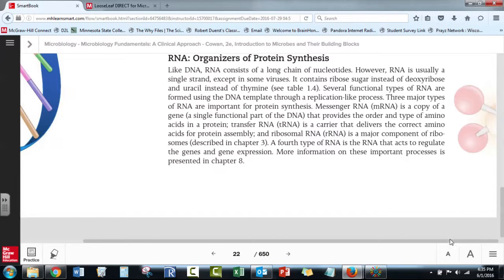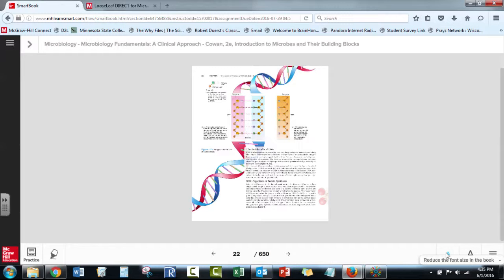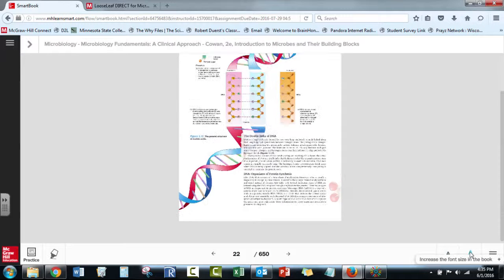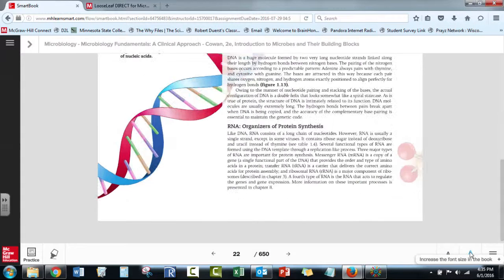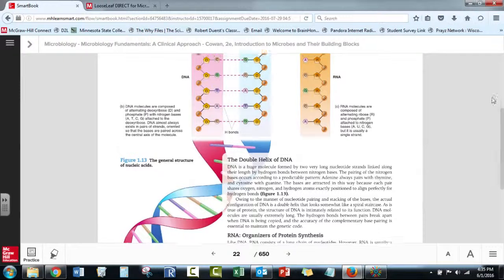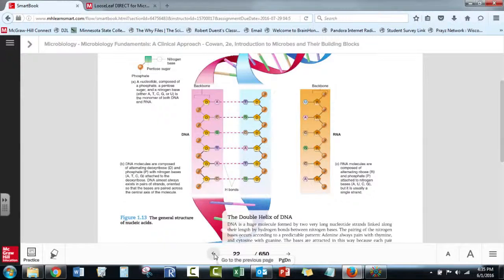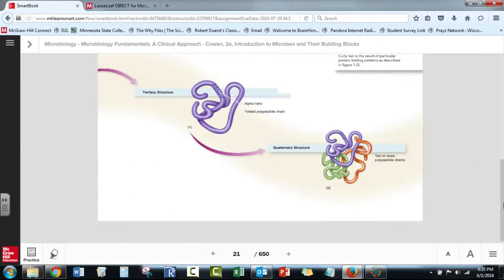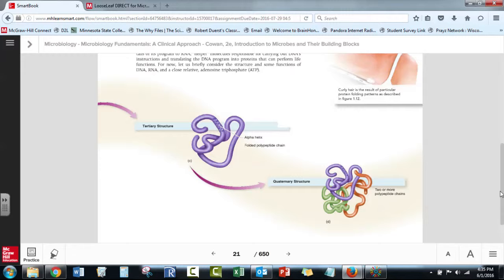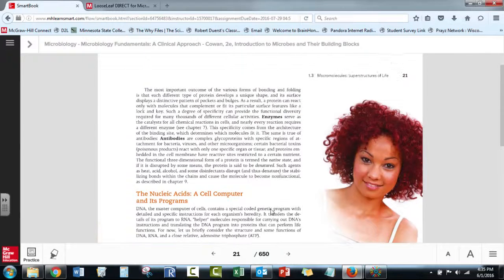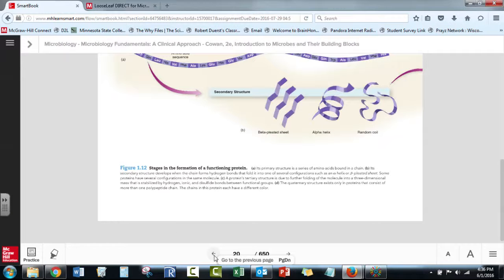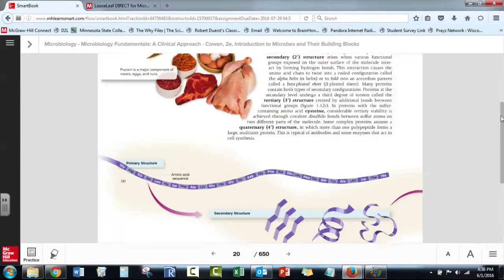And let's make that font size smaller by clicking that small size right there. Wow, that's way too small. Let's go bigger, a little bit bigger, a little bit bigger. All right, I can work with this. So I'm reading through about DNA, and oh, here's protein folding. I have a tertiary, there I have a quaternary structure. Protein makes your hair curly. Did you know that? Enzymes are proteins that act like biological catalysts that lower the reaction energy, so on and so forth. As you read through the textbook,